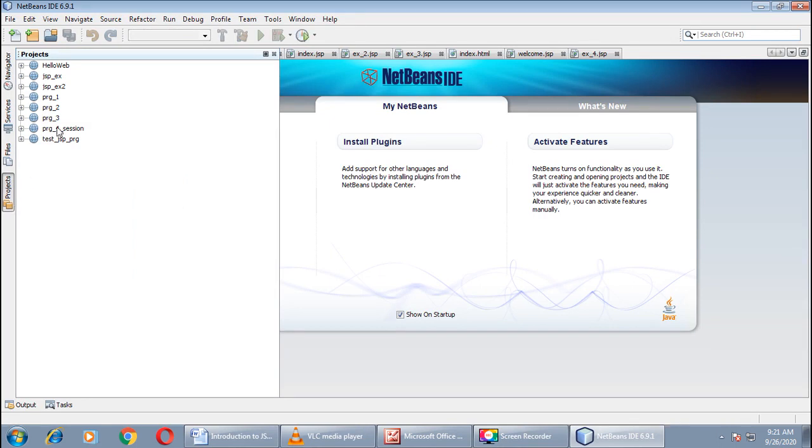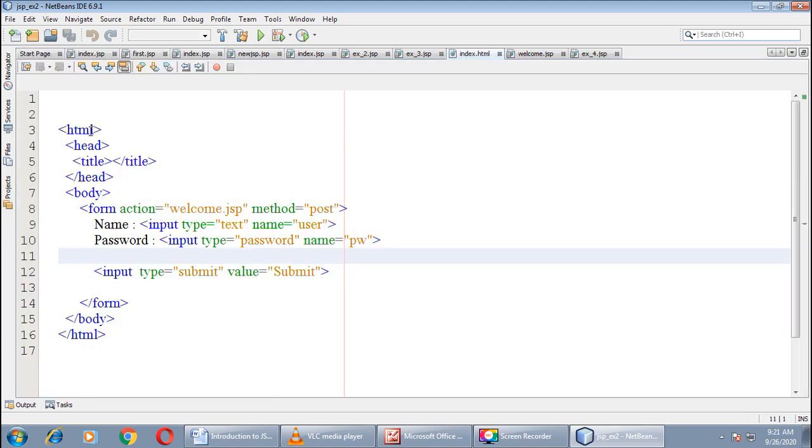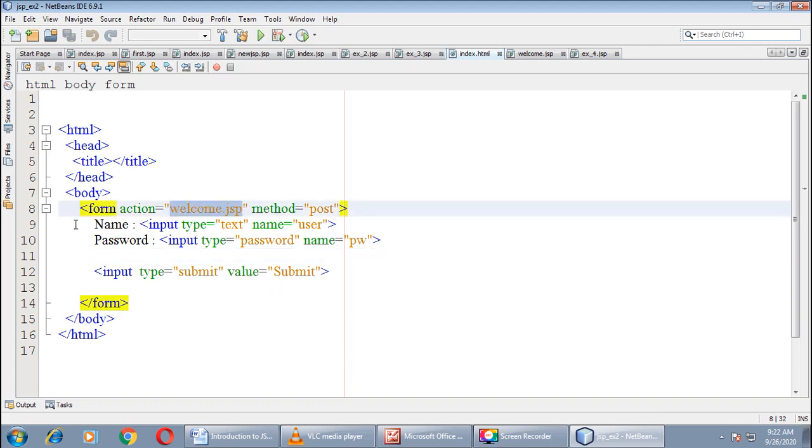Here you can see a lot of projects are already created. I'll go with JSP example 2, right? Here you can see index.html is here. Here I have entered the name of user and then the password also. Then there is one submit button, and whenever we click on the submit button it will execute welcome.jsp.